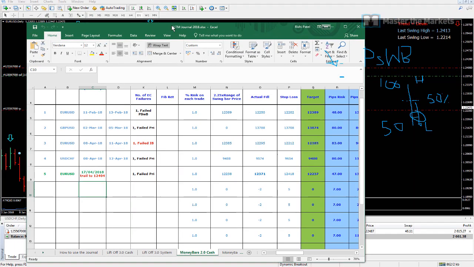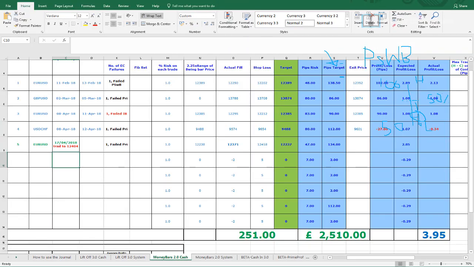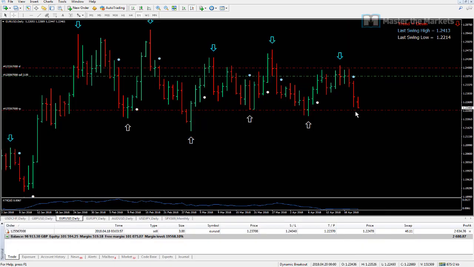So if I pull up my trade journal here, you can see a transparent trade journal of all the trades that have been taken, profit and losses, on the Money Bars trading model. And you'll see that we are currently up on the Euro US dollar. We're looking for 2.85% as the expected profit. So if we touch the target, we'll have a 2.85% profit on just this trade, which is superb, because how